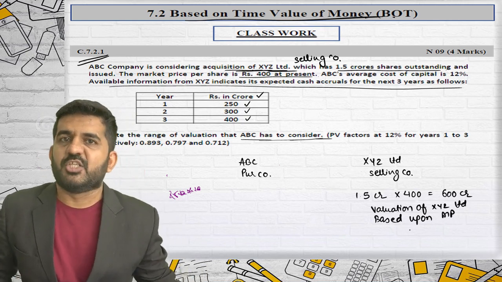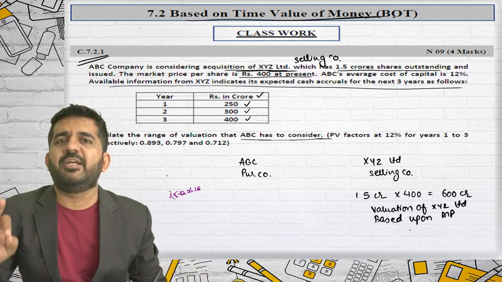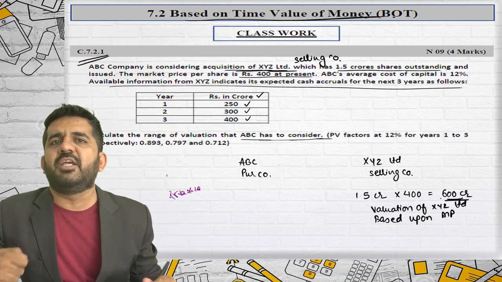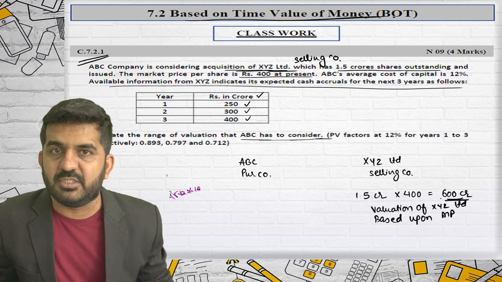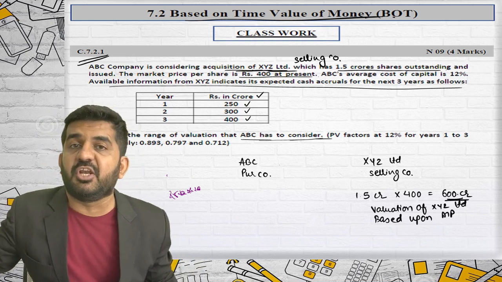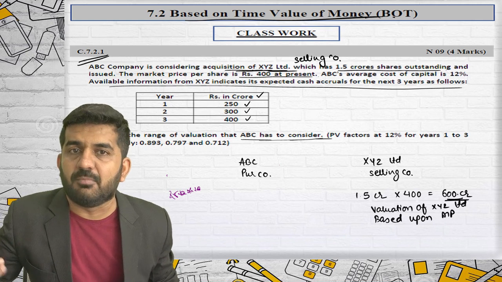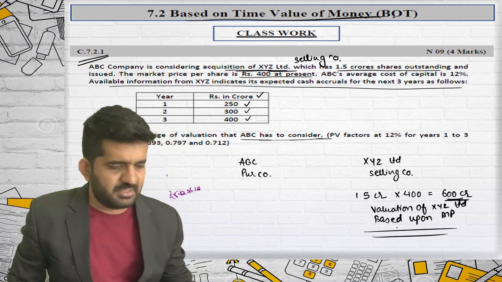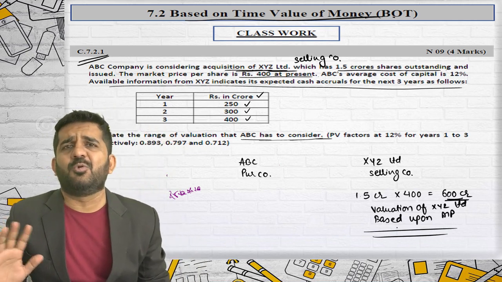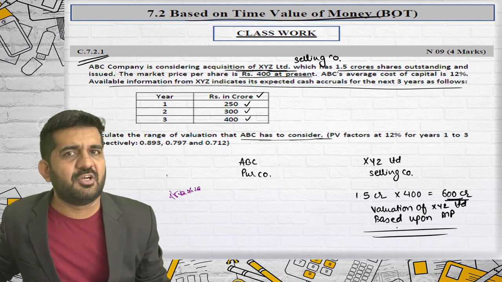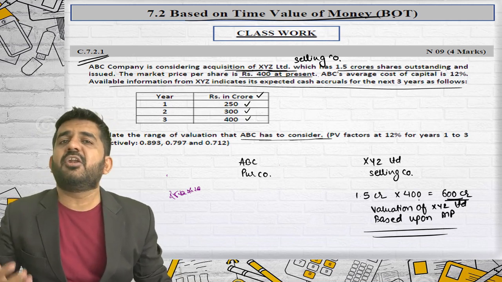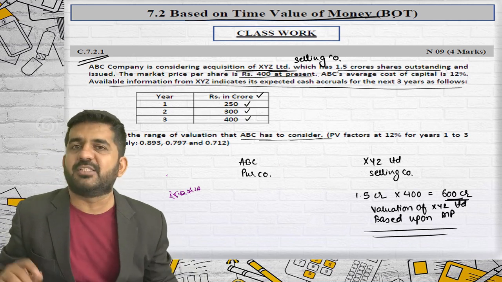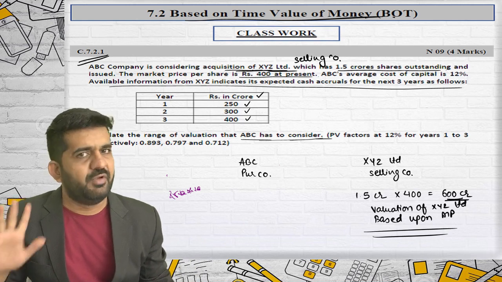Sir, we have not done this. We have done this. Believe me, when you write down the exchange ratio based upon market price, this is the value you are giving to the selling company's shareholders. Alright, it is nothing but purchase consideration when the exchange ratio is based upon market price, or the value of the selling company when the exchange ratio is based upon market price. Is it alright? So, selling company shareholders will not agree below 600 crore rupees. Why? 600 crore rupees they can get from the market. If they sell all their shares in the market, they are going to get 600 crore. So, they will not agree with less than 600 crore.